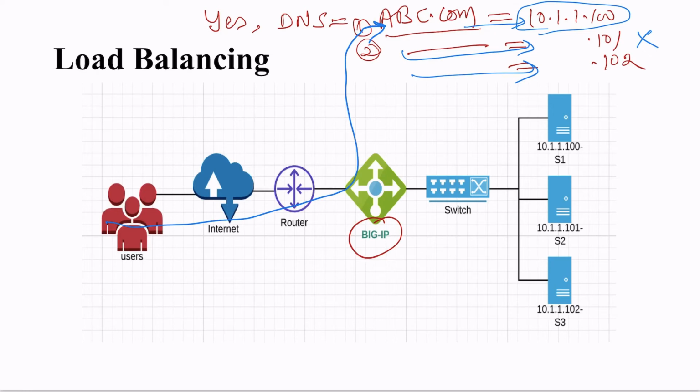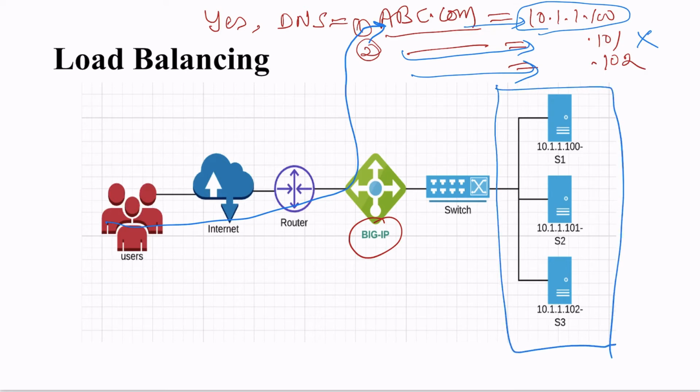All right. And one more thing, the pool members will have the same data, meaning they would be replicas of the data. For example, if S1 has a file named A, then S2 will also have the same file, and S3 the same. The reason is that if one of the servers goes down, the second one will be used, so that there is no change in terms of data or application experience.